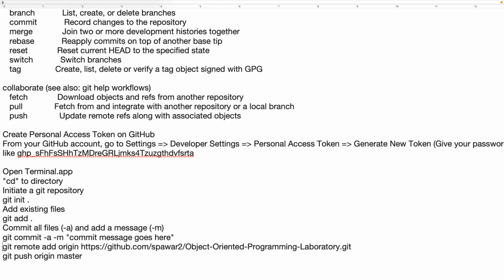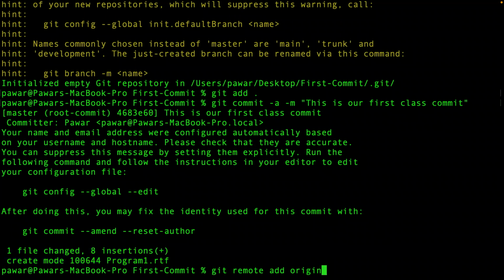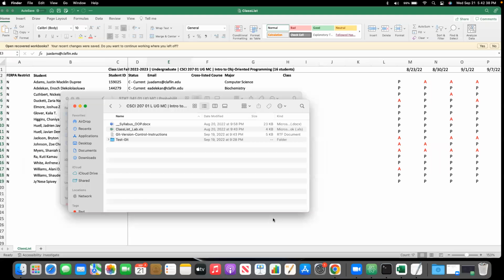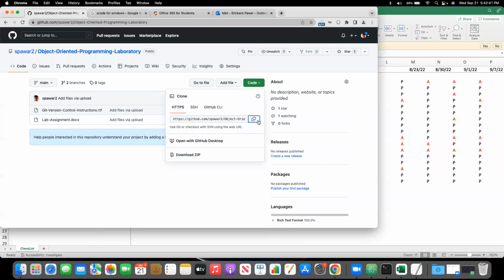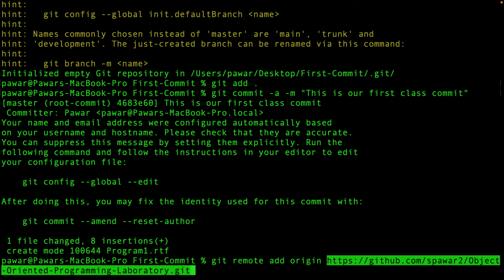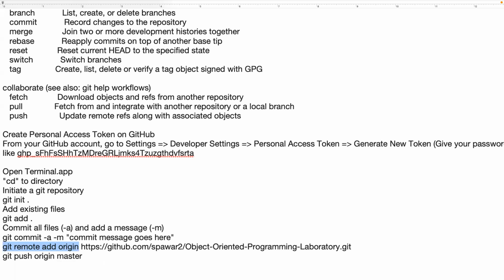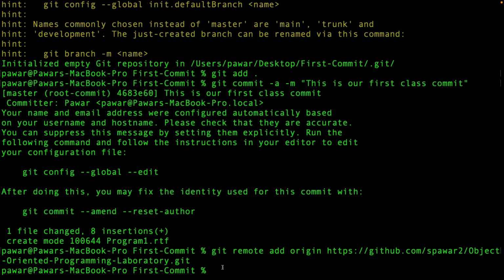So the next statement here says git remote add origin. I'll just copy the statement here, git remote add origin, and the link for the lab repo is in your email, which is this link here, right? Copied. GitHub, my name, object oriented programming laboratory.git. So I'll just paste it in front of this and enter. That's it. The last is git push origin master. This will do your final push,